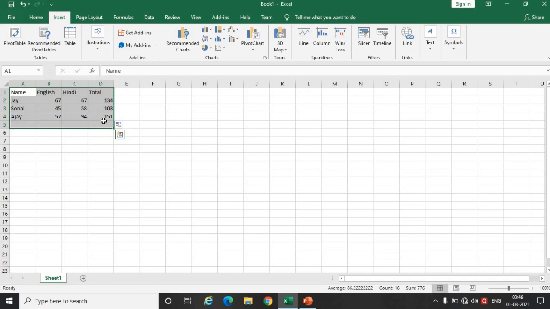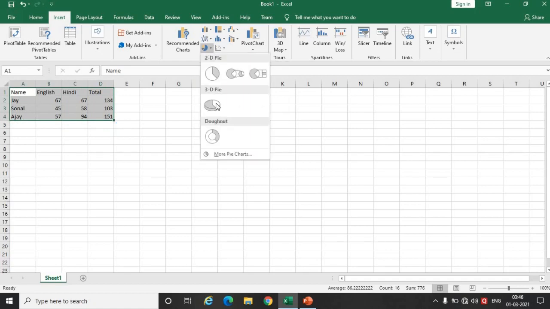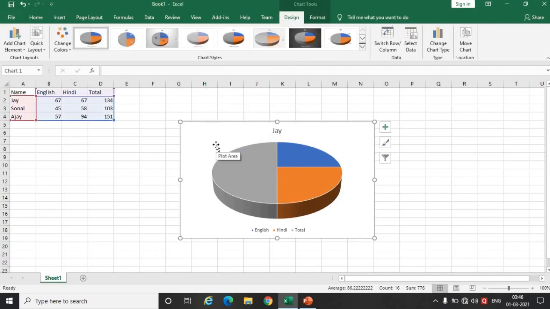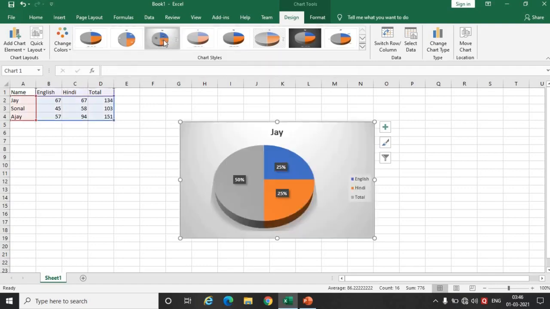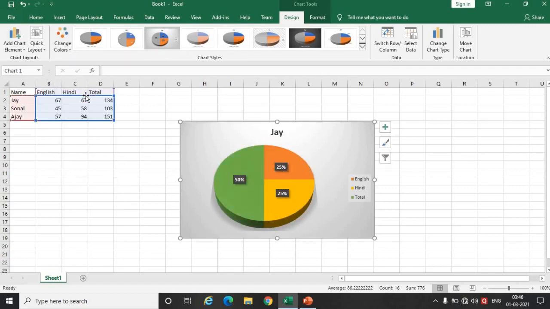So how can we create a chart over here? For that purpose, whatever data we have on the Excel sheet, you have to select that data. After selecting that data, whichever chart you want, like a pie chart, just click over here, select which kind of pie chart you want, and the chart has been created. Now if you want different colors for a chart, here you can click and select a different chart style. From here you can change the color of a chart whichever you want. Like here I am selecting this one, so you can select different colors for a chart as well.